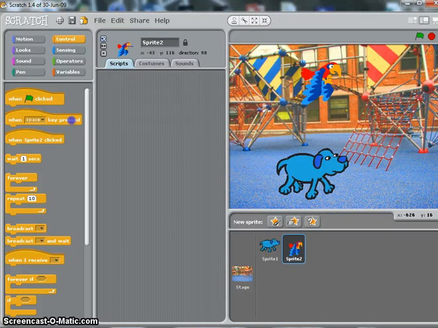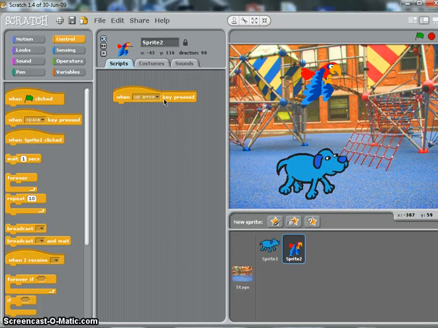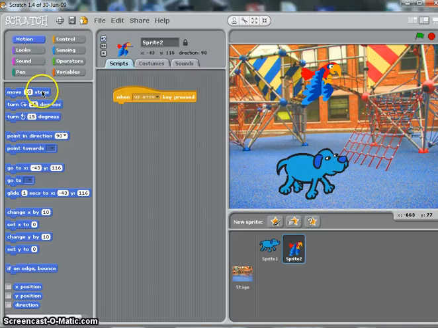So I'm going to go when, and then let's start with up. The up arrow is pressed, then he's going to go up. So I have to go to motion. I want him to move 10 steps just like we did the dog, and I want him to go up, point in direction,